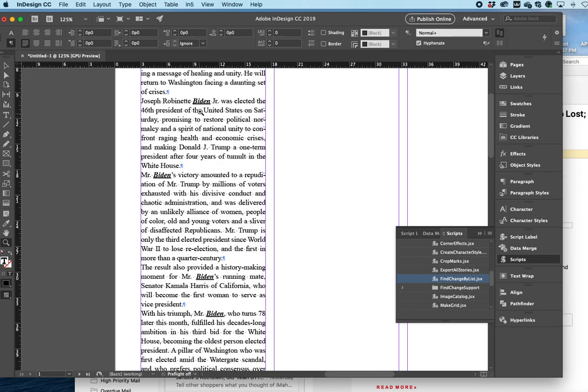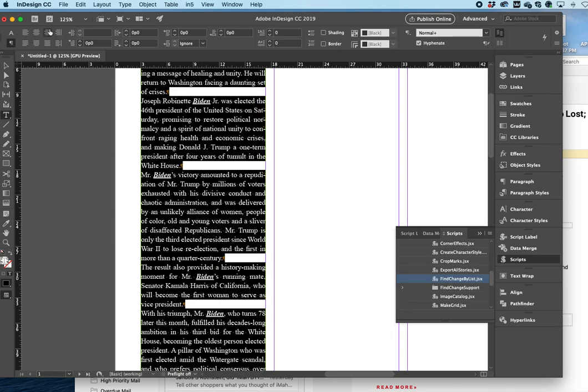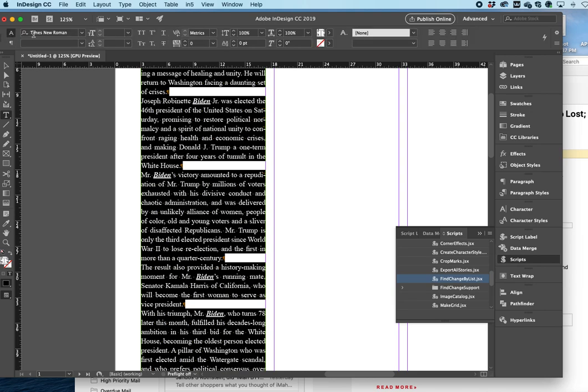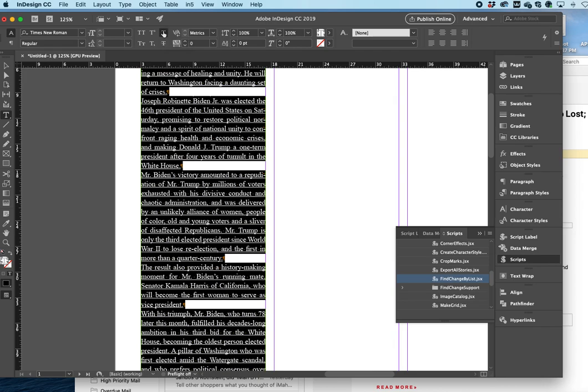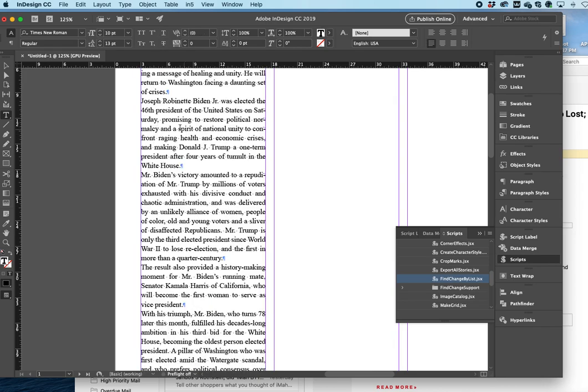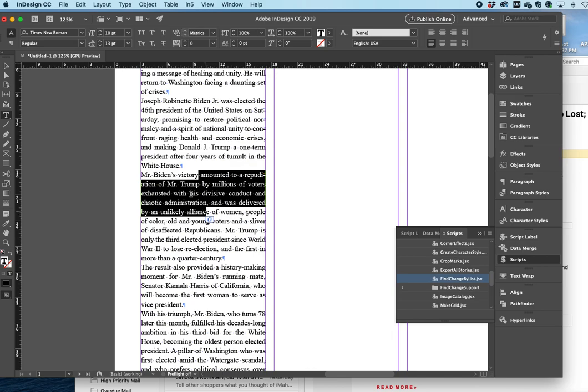So the other thing I have going on is some highlighting here. So I think what I'm going to do is Command A, and I'm going to go back to my text controls, and Times New Roman, I'm going to just change it to regular. And for the underline, give it all an underline and then take it away. And so now this is cleaner looking text.